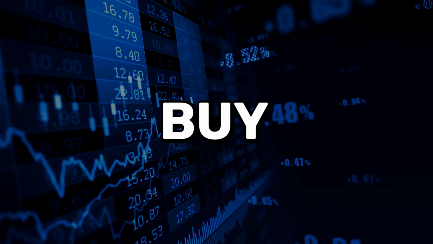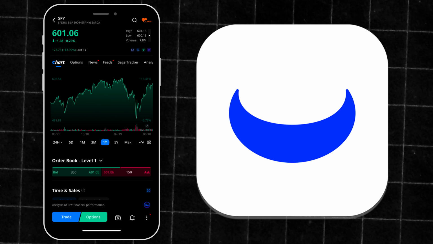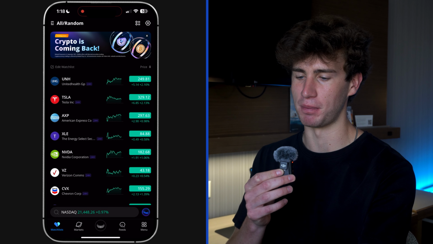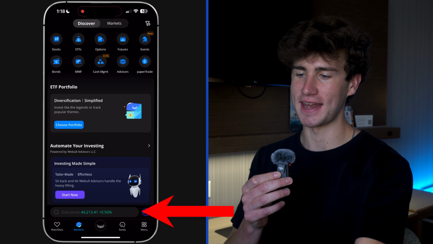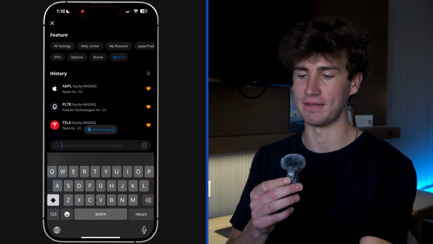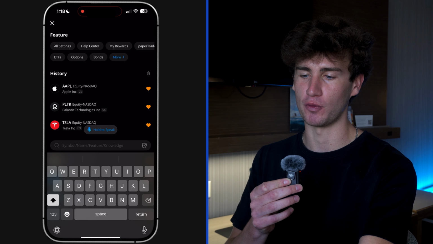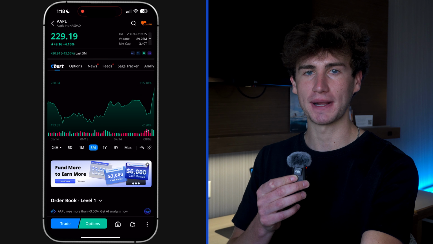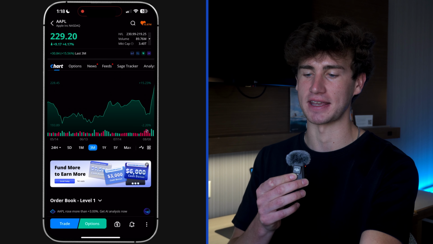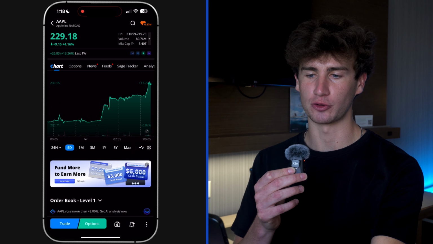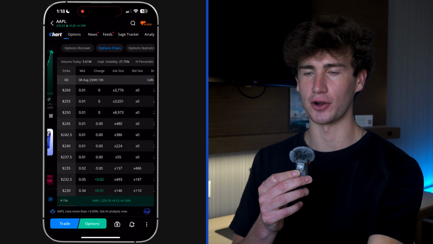How to confidently buy your first stock on Webull. Jumping into the app, head to any tab at the bottom with the search bar. You can then enter the name of the stock you want to invest or trade. We're going to use Apple for this example, and we're going to place a live trade to buy shares in my account today. Now, the stock page is packed with tools you can use to quickly learn about a stock,